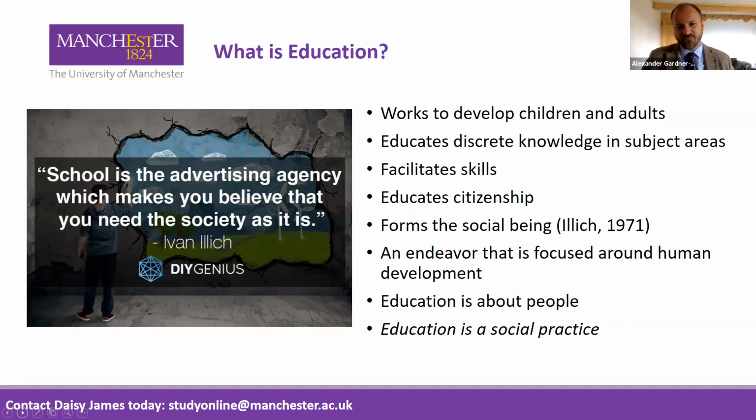Education gives discrete knowledge in subject areas. So it teaches us particular things, all different subjects, doesn't it? And of course, now we see a big trend of reducing subjects, whittling them down to what people might call subjects for job capital, or back to basics type things. So these are all narratives that come out of this idea that what's good for business is good for everything. And that actually, if children are very good at literacy and very good at numeracy, then they're going